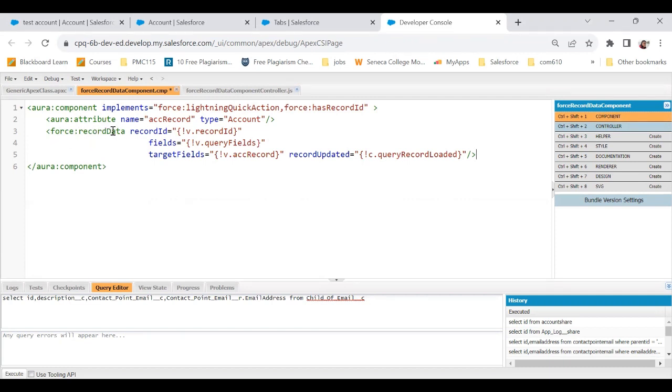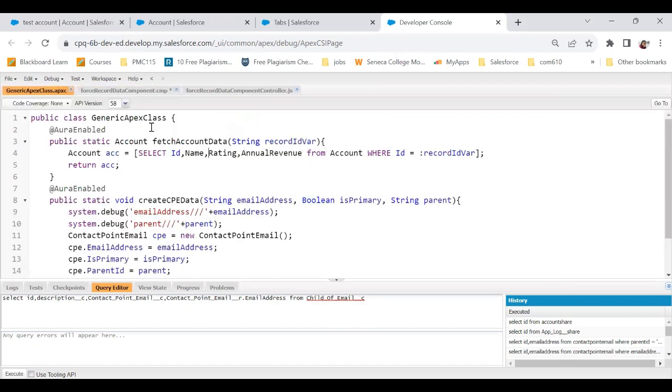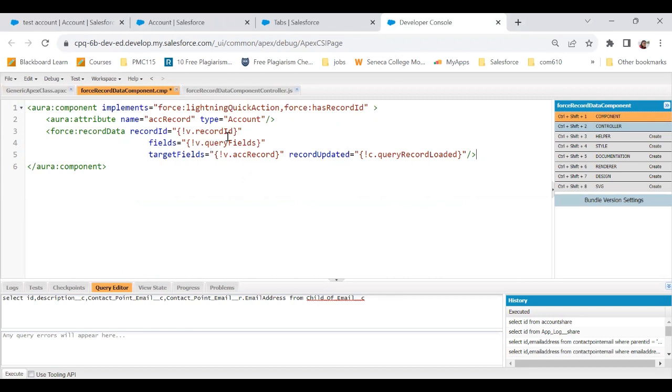This is force record data. This is a Lightning data service. In the record ID, I'm giving the ID of the current account for which I'm going to fetch some values. Now, for which fields? Like when I make a query, I'm giving the object name, ID value, and which all fields am I querying, right? Similarly, which all fields do I want the record data for are to be mentioned in the fields attribute of this particular